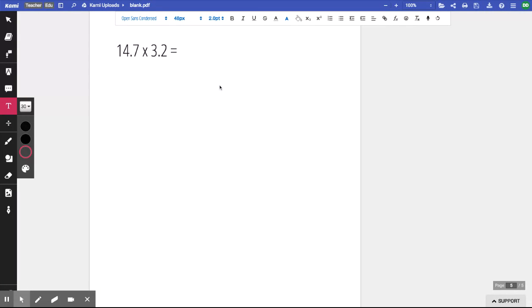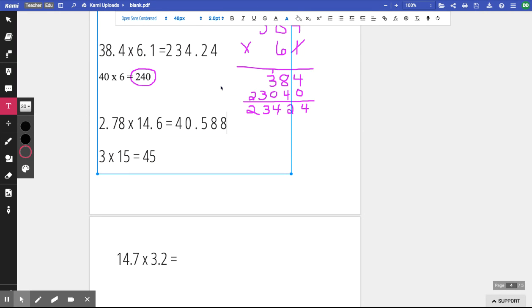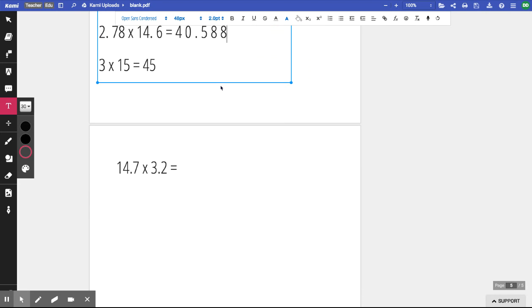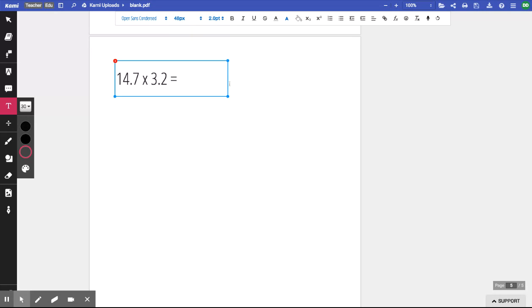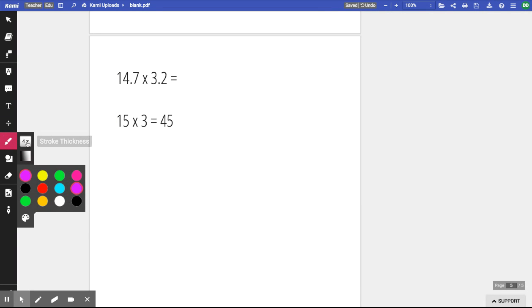There's a few ways to solve this. The easiest could be how we just solved the previous questions, where you make an estimate and then you solve without using a decimal, and then you place it back at the end. We can try that. So let's take a look. I have 14 and 7 tenths. Again, I'll round that to 15 times 3. Again, I'll get an answer of about 45. That's my estimate. So then when I solve without my decimal points,